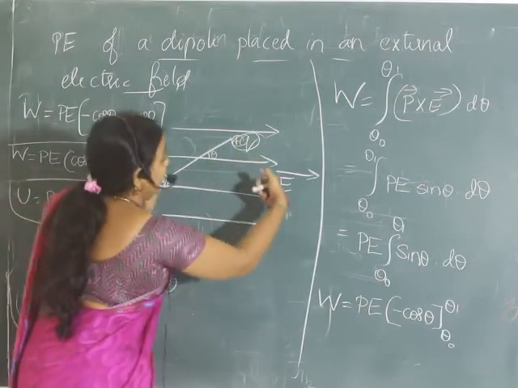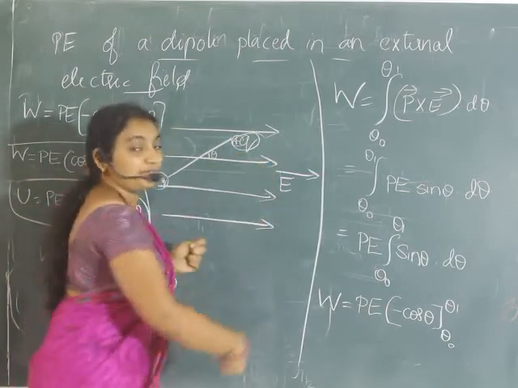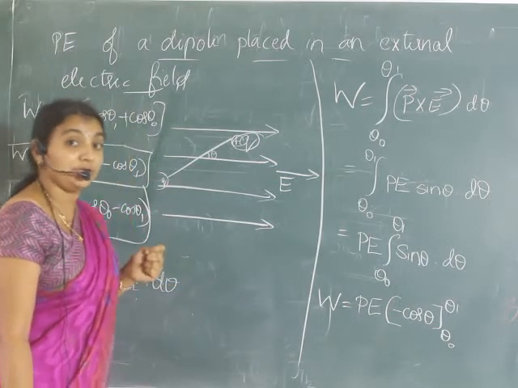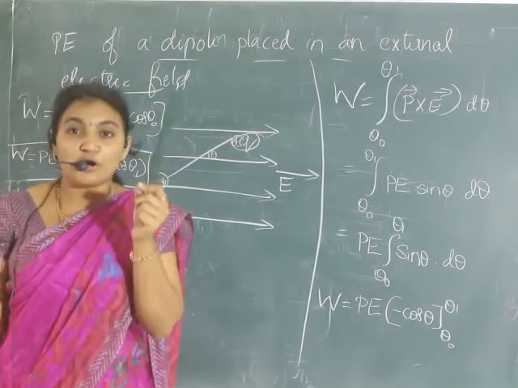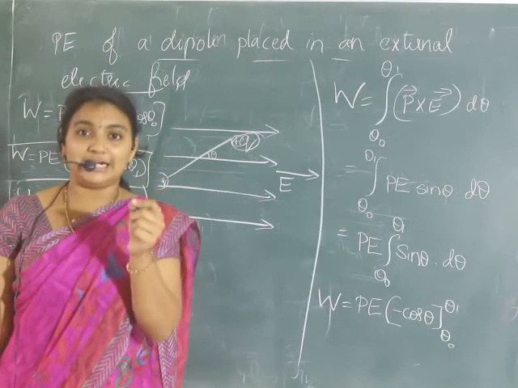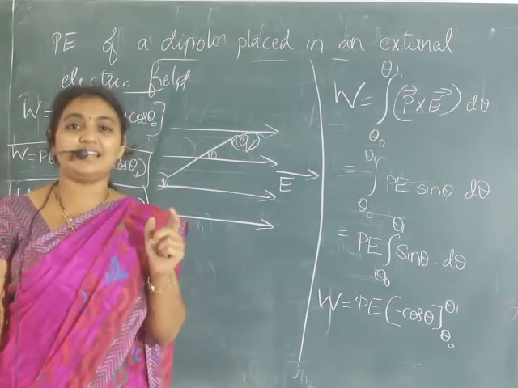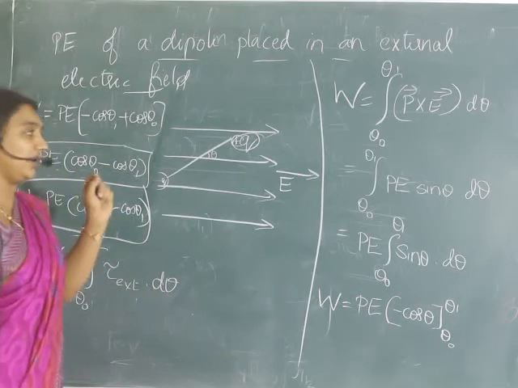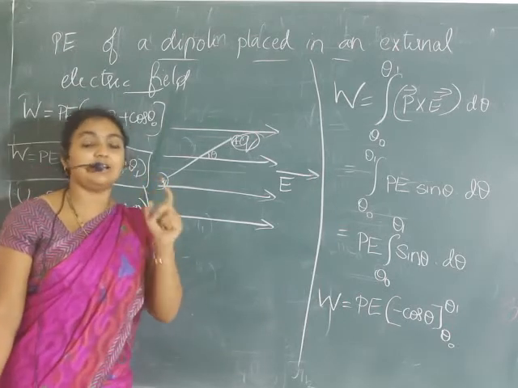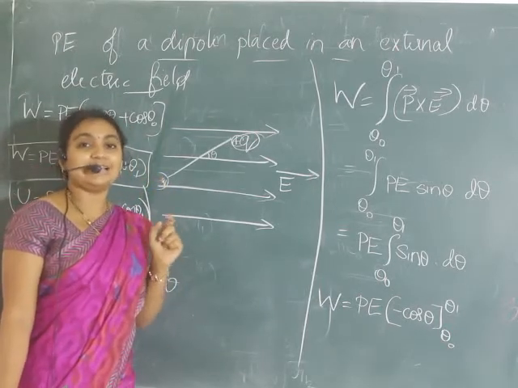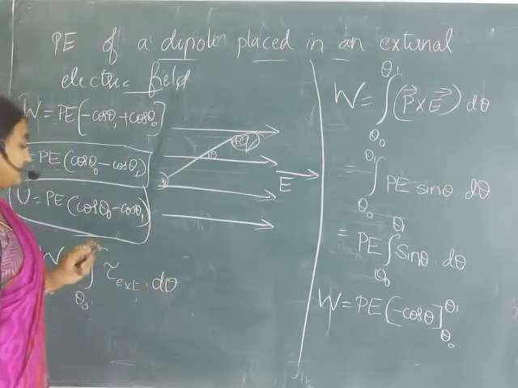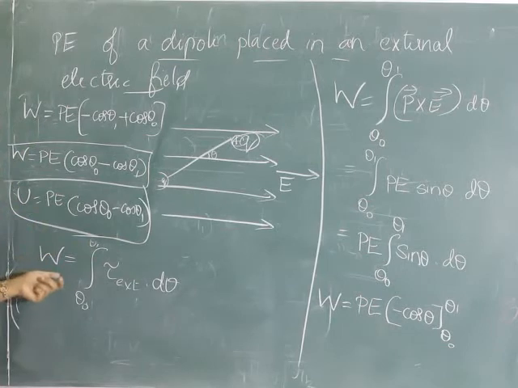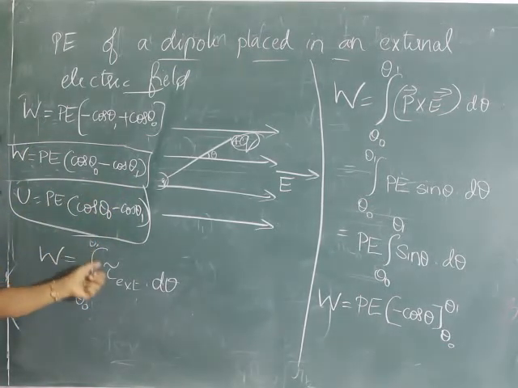By rotating from an angle theta naught to theta 1 with an infinitesimal small angular speed, so that there is no angular acceleration. Therefore, I can say the work done in neutralizing it from theta naught to theta 1 is